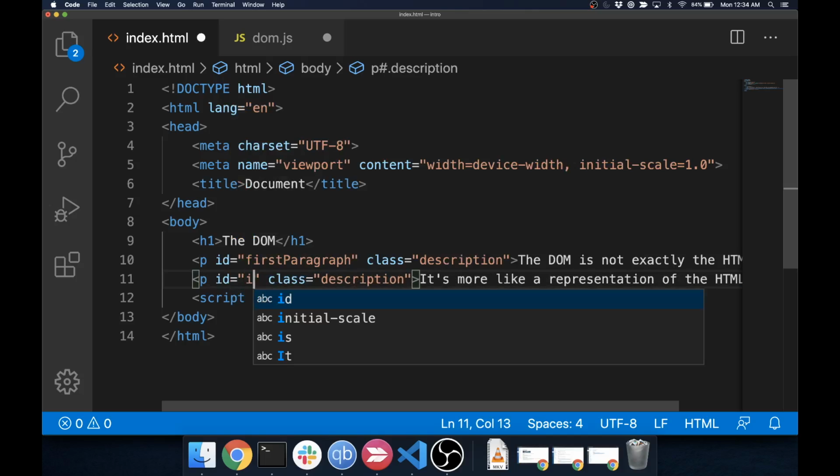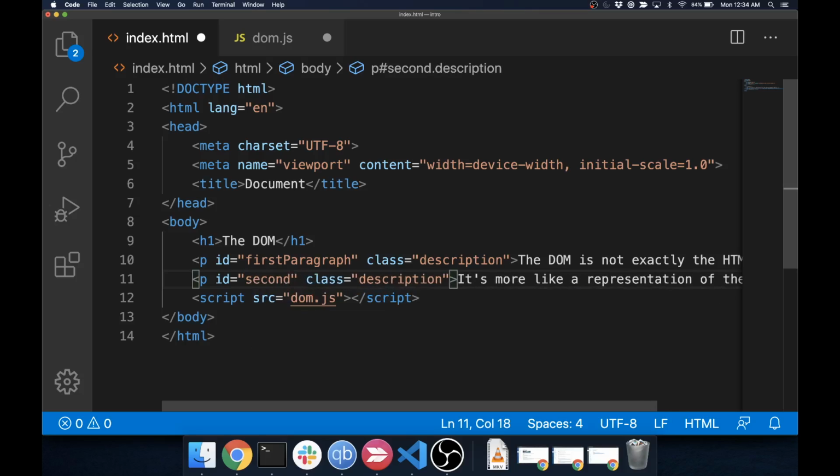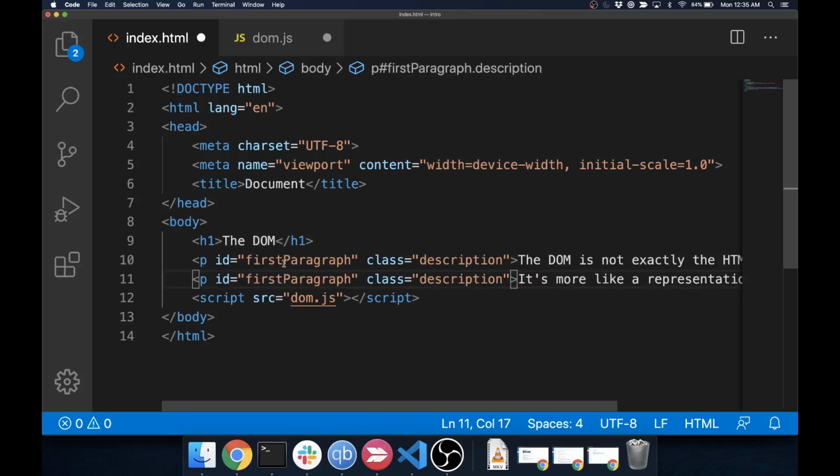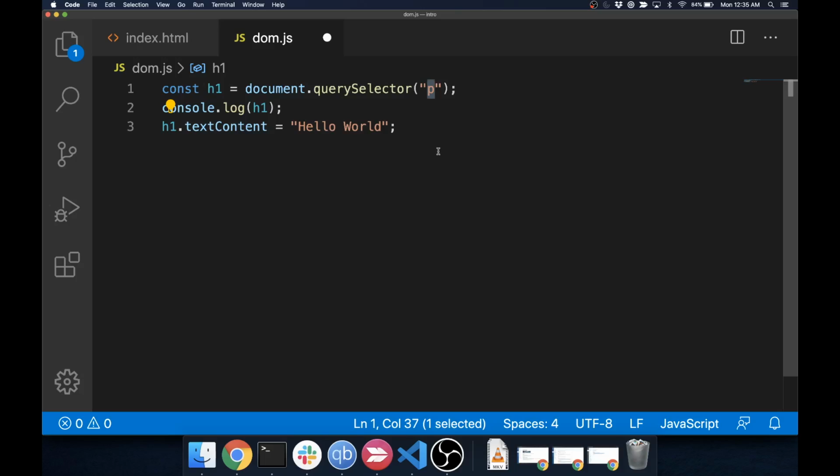we can add something called an ID to any HTML element. And so an ID is meant to uniquely identify a single HTML element. If you have an ID on the page, there shouldn't be another element with the same ID. That's the convention. Will HTML get away with it? Yes, but you should never have something like this where you're repeating IDs. First paragraph and first paragraph doesn't make sense. So any element on an HTML page can have an ID, and with that ID, you can grab a hold of that element